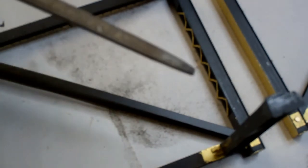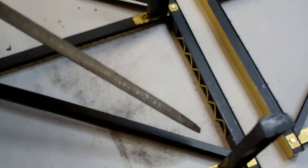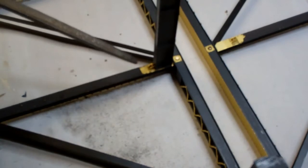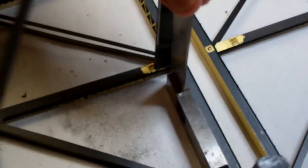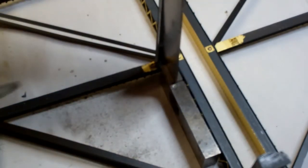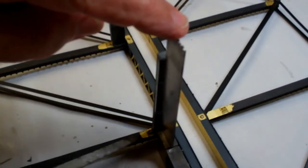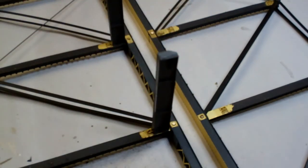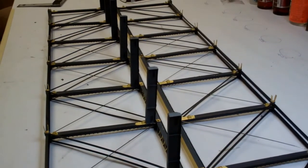Now the joist beams have been set in place on the vertical beams, and there's a little notch right there that sits against. I use a square, and that's what I do, I just put a square up against the post and then move the beam up against it as I put some CA on the end of it, and then go from that one to the next and so on. And you can see all the beams are now in place,